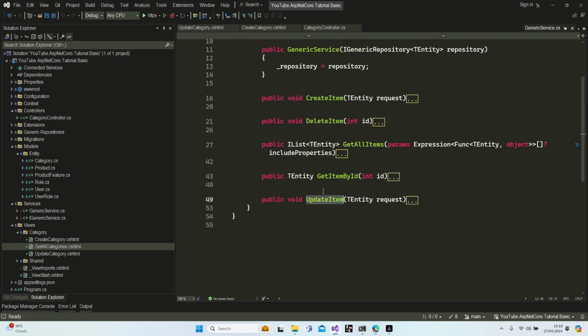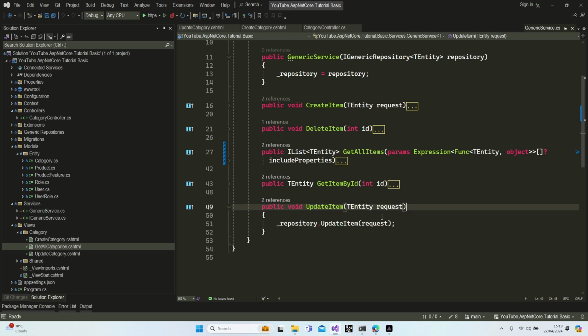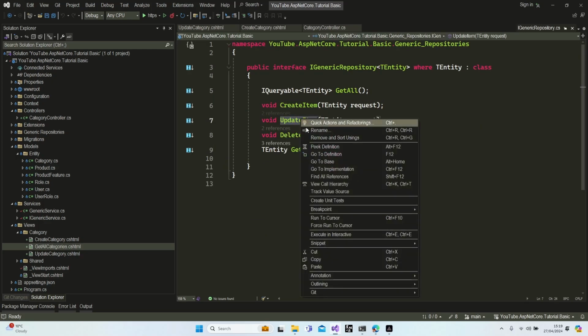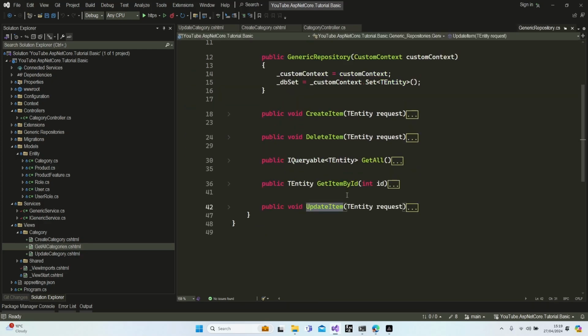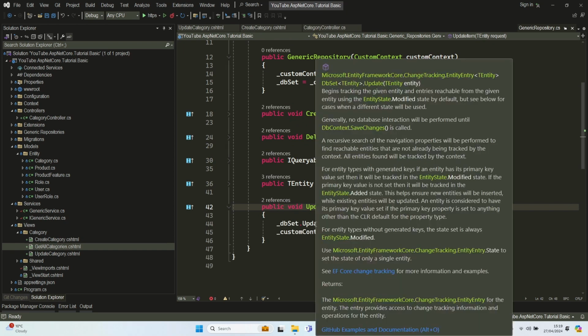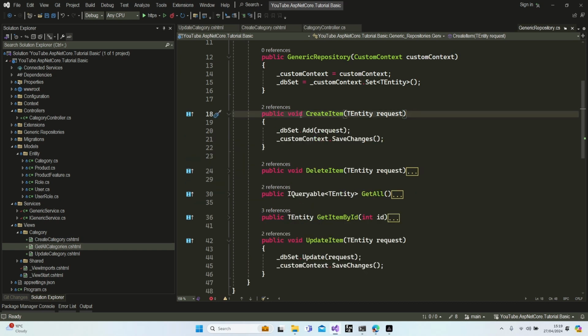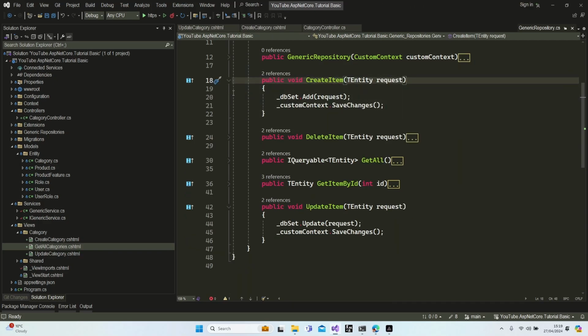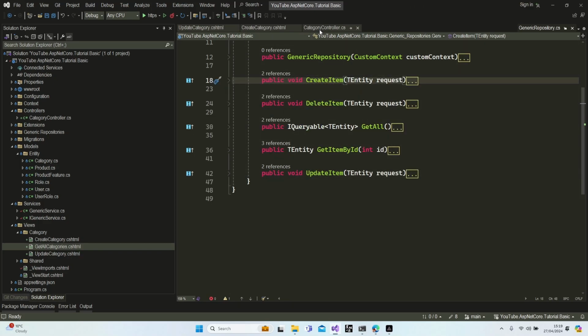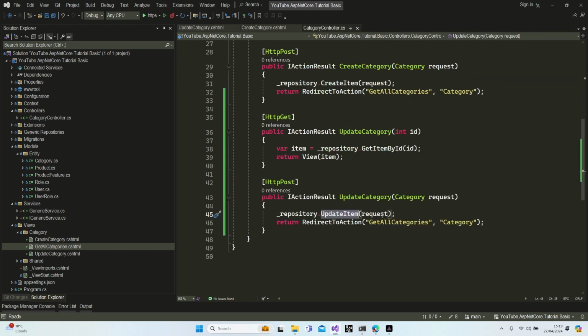Go to implementation, update item. Okay, let's go to the repository, go to implementation. We are using update. So what is the problem then? This is the create item. Why couldn't we update it? All right, let's get back. Let's try one more time